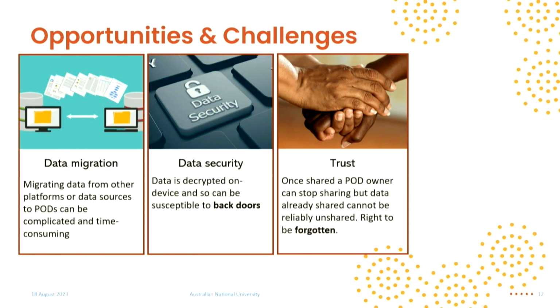So one of those is the right to be forgotten. With pods-based data storage, you can turn off access. So perhaps I've been giving my birth date as a piece of information to government agencies, and then I say, no, I no longer want to do that. I've lost faith in them. But then you don't know whether or not it is deleted. So there is, at the moment, still dependence on this aspect of trust, even though we do want to move to a trust no one environment.